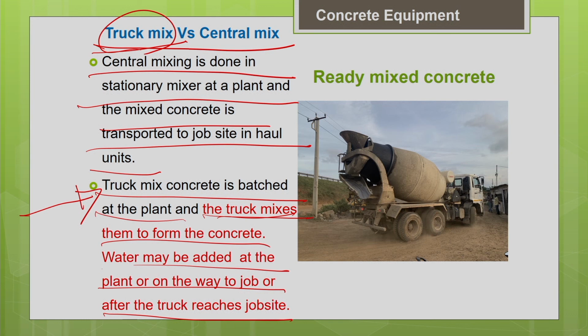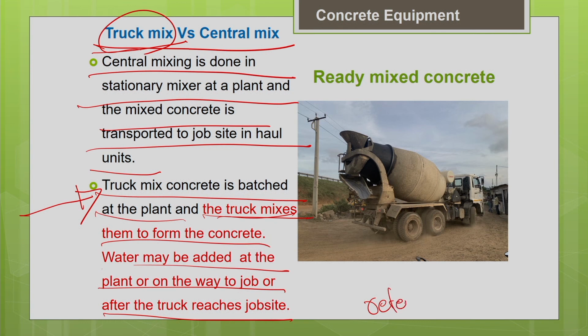See, in many cases you see that unexpectedly, if your travel time is extended and the concrete quality gets affected, obviously you know that with time your cement hydration will start and concrete starts setting. So, as concrete loses its workability, to compensate for the loss of workability, as the machine reaches the job site, they simply add some amount of water and try to restore the slump. This is commonly followed, and that is called retempering of concrete. That means you just simply add the water to recover your lost slump.